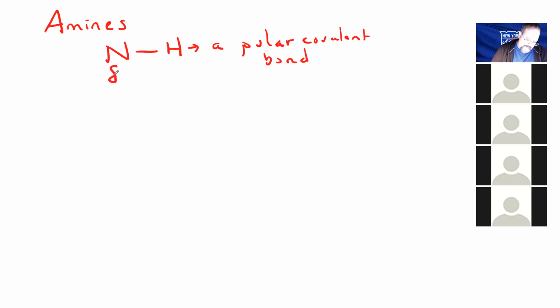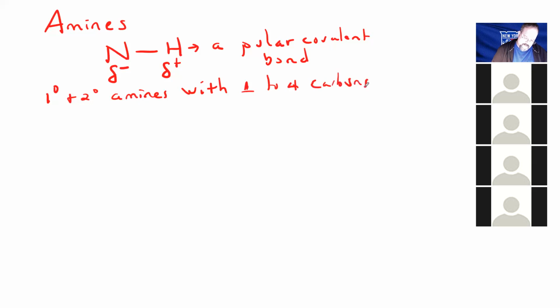So the nitrogen has a partial negative charge, and the hydrogen has a partial positive charge. So your primary and your secondary amines with 1 to 4 carbons are considered soluble in water